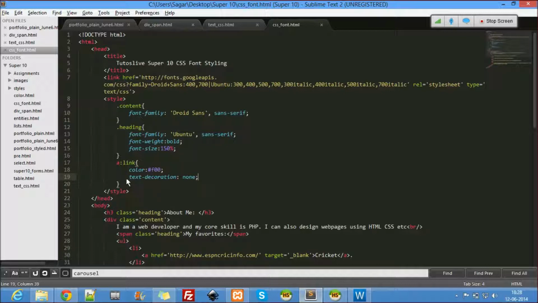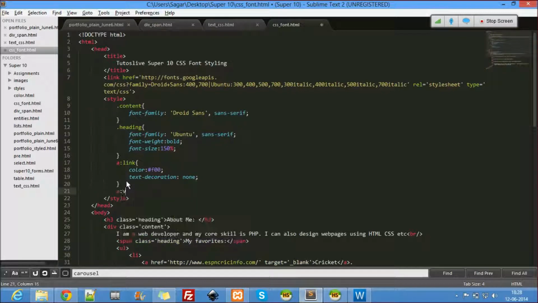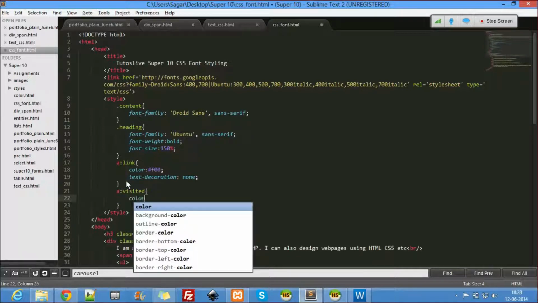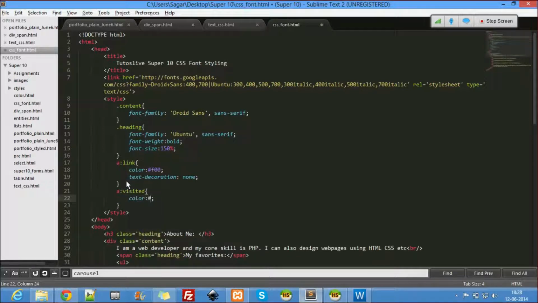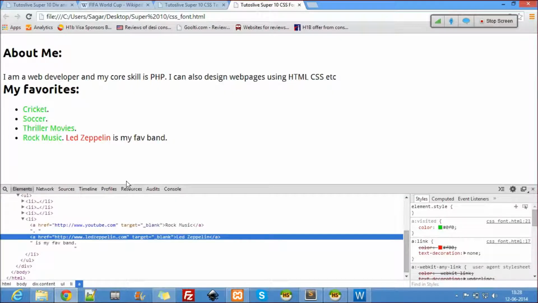So the next is visited. Let's say a:visited, color. I want to use a green color on that. However, the text decoration is none. You see, they are green now because they have been already visited.